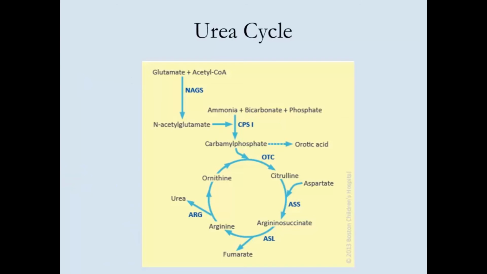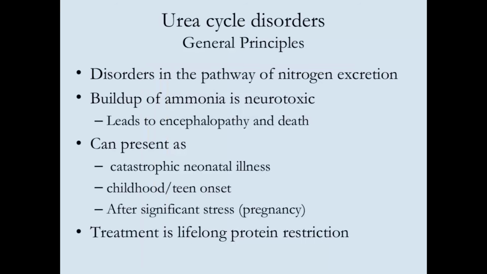Okay, I'm going to move on to another broad category of urea cycle disorders, which represents a good group of disorders that will affect your patients if you treat inborn errors. It revolves primarily around the excretion of nitrogen in the form of urea and essentially ammonia. So the ultimate problem with these disorders is that you can't complete the cycle and you have a buildup of ammonia, which, like everything else we've talked about, is neurotoxic.